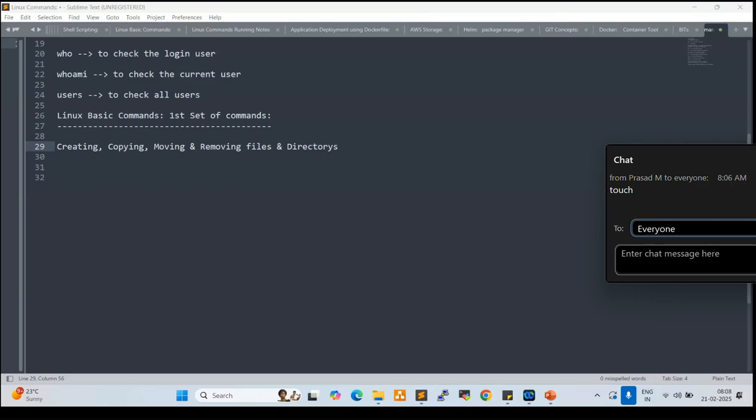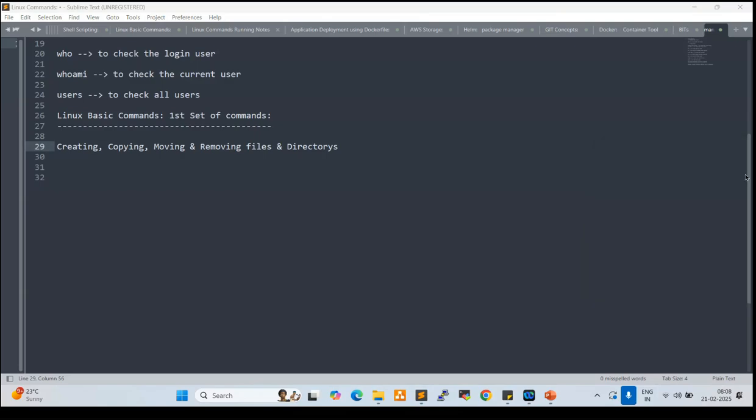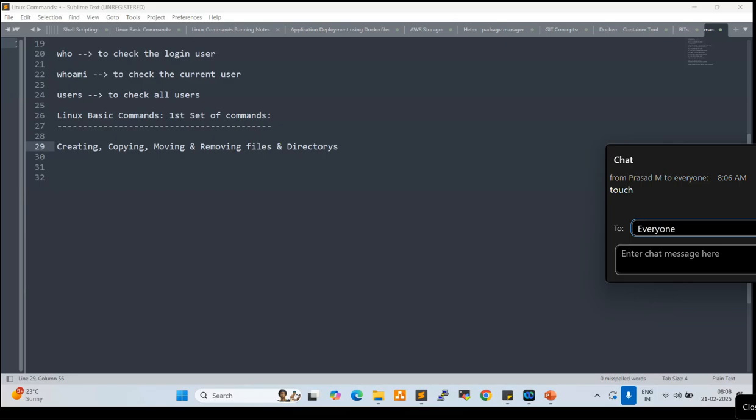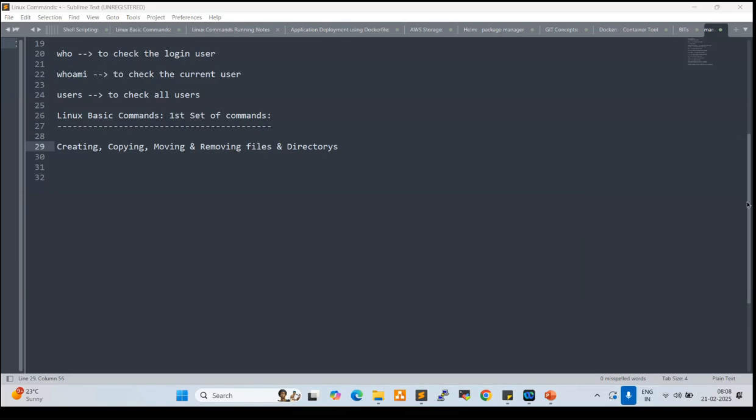Yeah, touch is fine. Before touch, we used to use one basic command, a very important command. Yes, cat. Cat is the first, very basic command. Currently, we are using even cat also.